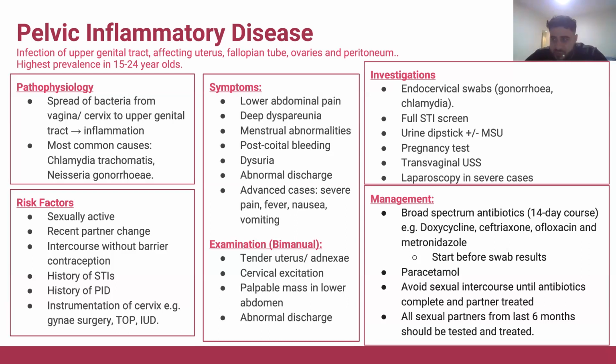So in patients who are presenting with this sort of dull bilateral pelvic pain, low-grade fever and vaginal discharge, you'd be interested in also getting an accompanying sexual history from them as well, just to see if there's any risk of STIs. And the risk factors, as I said, sexually active, recent partner change, so whether they don't know the STI status of the new partner that they've acquired, not using protection with regards to sexual activity, or having a previous STI. These all run the risk factors for pelvic inflammatory disease.